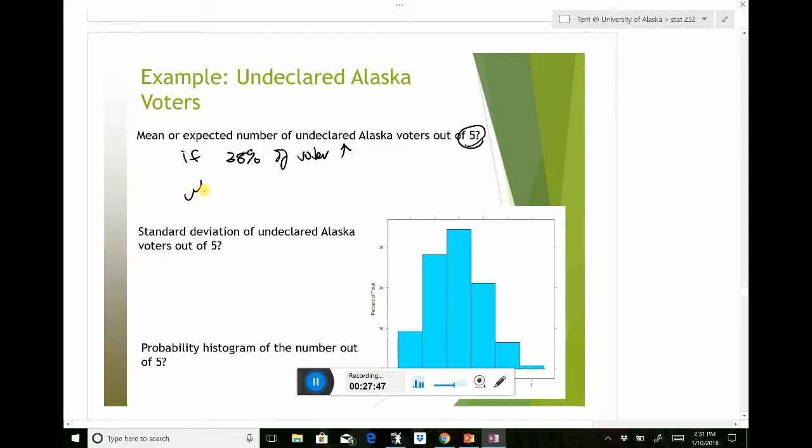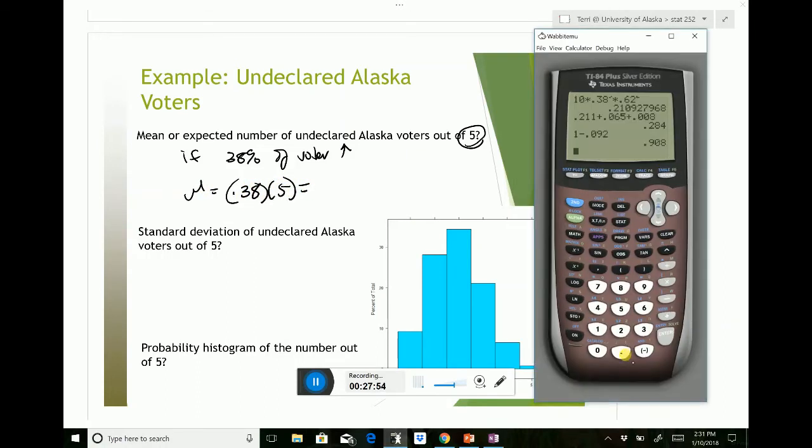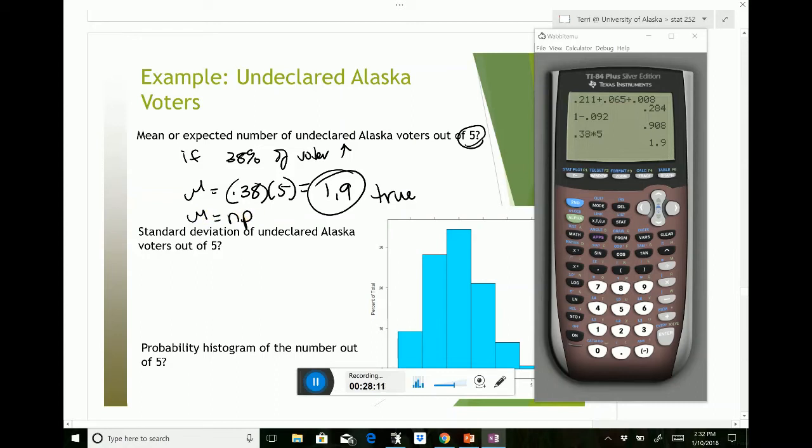So my mean should be 0.38 times 5, or 1.9. And this would be true. It is 1.9. So we can easily find that mu is n times p, or I did it p times n, but it